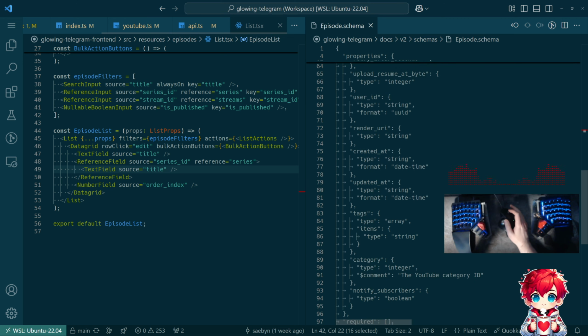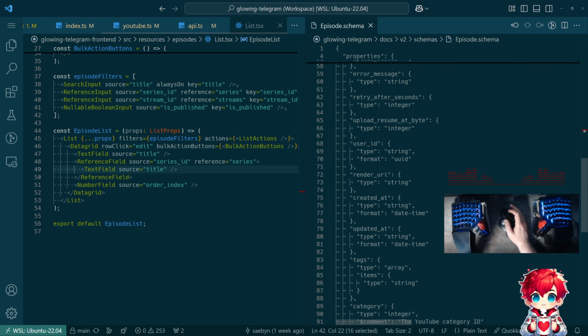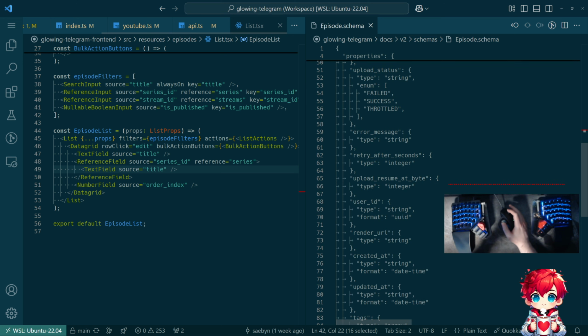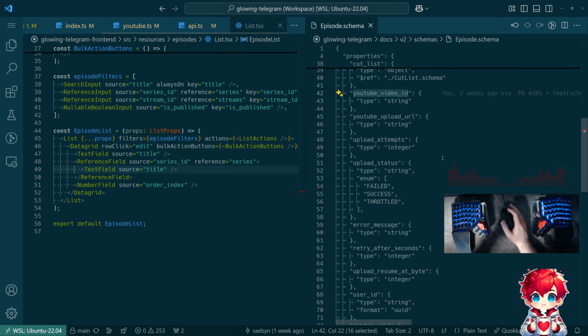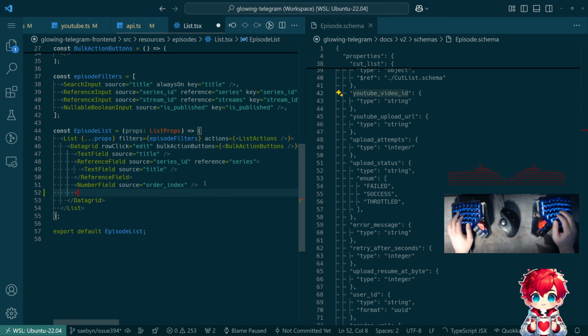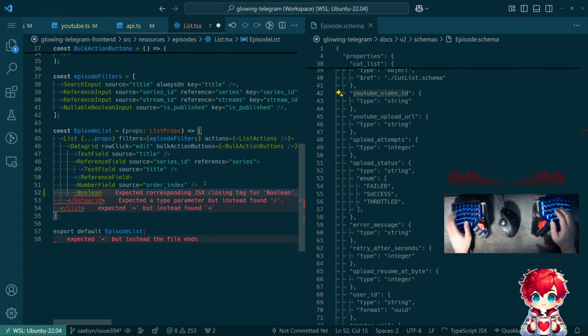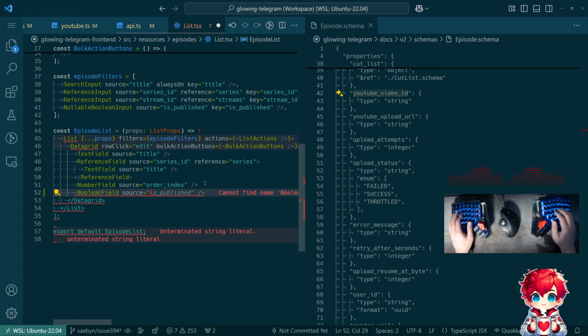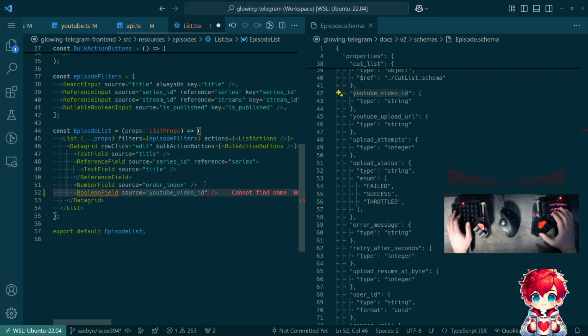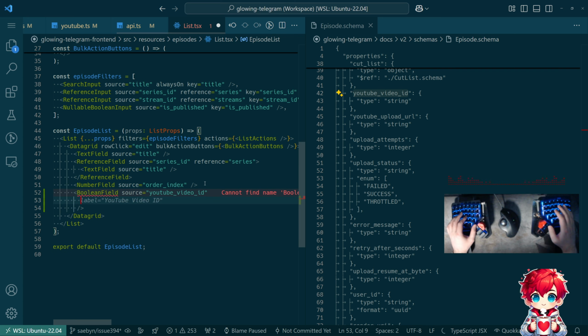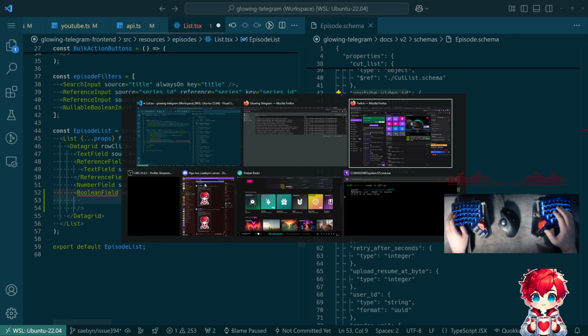I think what would be more interesting is actually a Boolean that is derived from whether or not those fields are set. So we have something like a Boolean field, not for is published, but the source is YouTube video ID. And I think there's a way of doing this where we can transform the data. Let's go